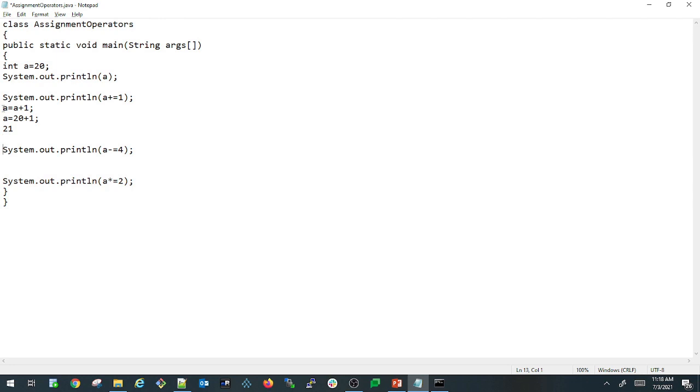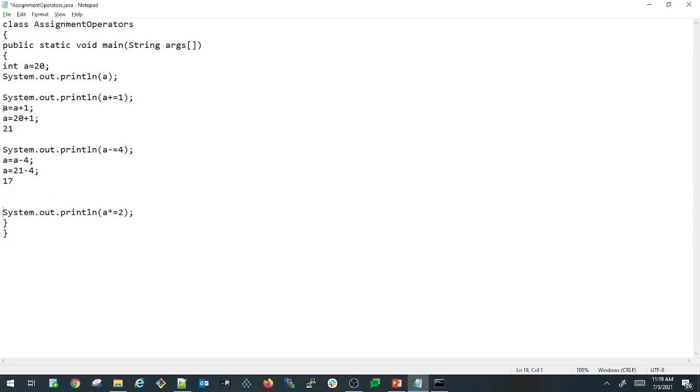Whereas in the third print statement, already we have 21 inside a, and we are doing a subtract and assign operation on variable a with 4, which is equal to a = a - 4. In this case we have 21 inside a, 21 minus 4, which equals 17.